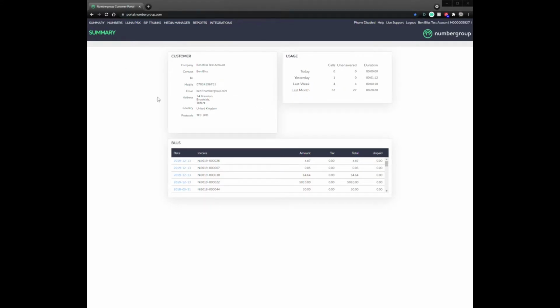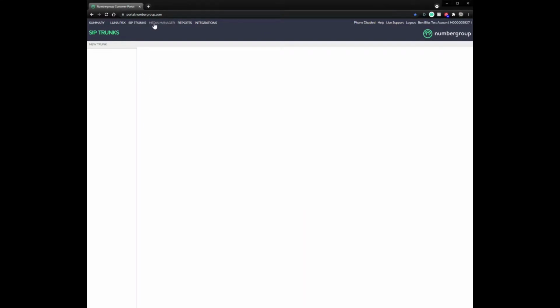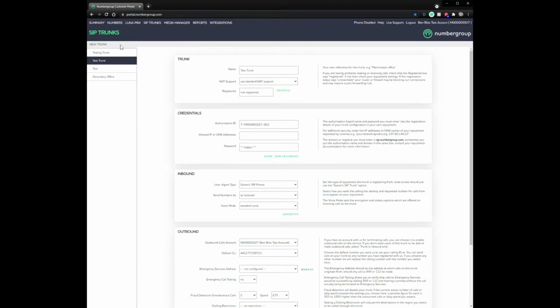portal. So the first thing you do is log in as normal at portal@numbergroup.com, and you go to SIP trunks at the top, and on the left hand side you'll have the options with additional trunks, so click on new trunk, give your trunk a name,